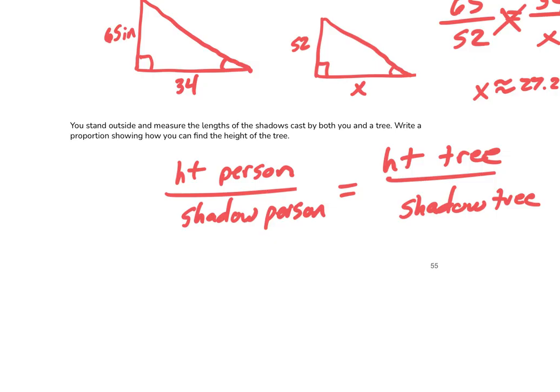Okay, you could also do it this way. I could go height of the person to the height of the tree equals the shadow of the person to the shadow of the tree. More than one way to set these up. Okay, and that's why I'm not necessarily looking for, did you set it up the right way? I mean, because there are wrong ways to set it up, but you just have to stay consistent. Height to shadow, height to shadow. Height of the person to the height of the tree equals shadow of the person to the shadow of the tree. There's more than one way to get there. Okay? So, in just a second,